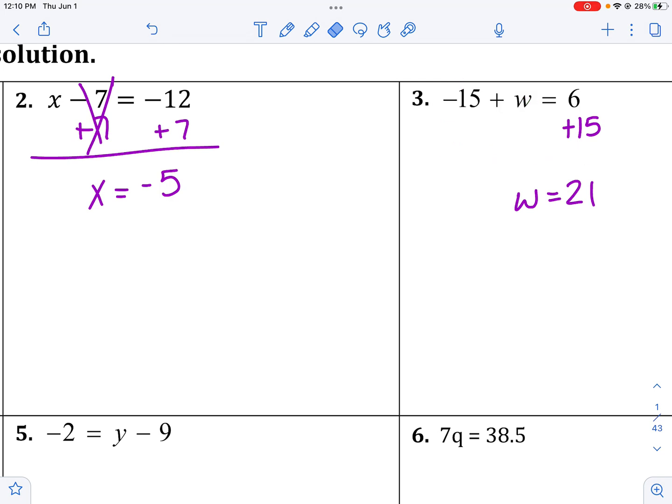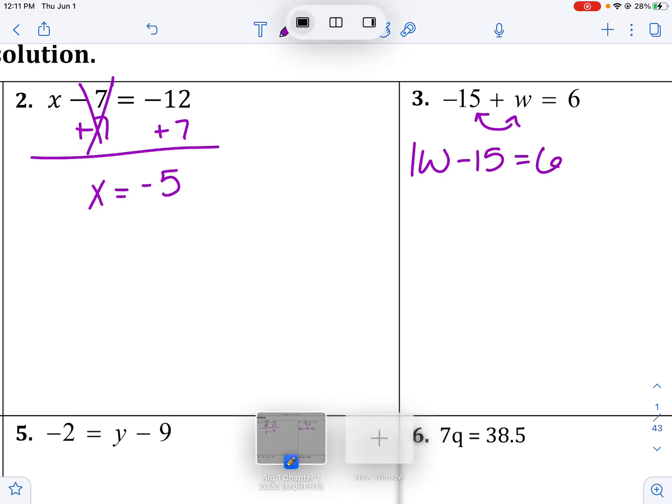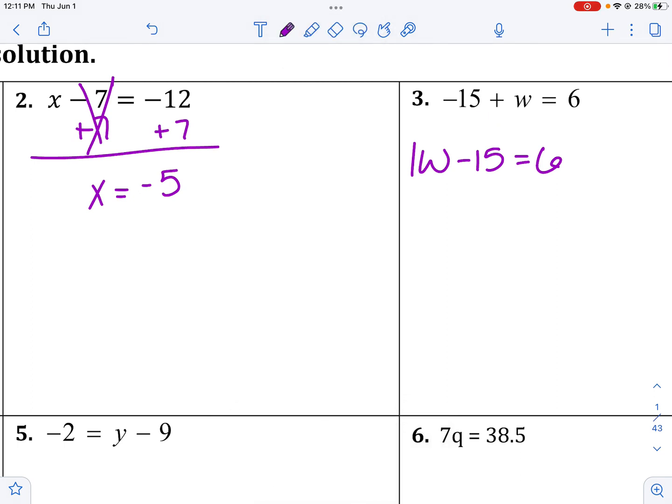Another way you might solve this is maybe you don't like having the w in the middle of the equation, so maybe you put your variable out front. I have a positive w, or positive 1w, and I'll just rearrange these. Keep the negative with the 15, and then it's the same process. I see a minus 15, so I'll do the opposite operation, the inverse operation,